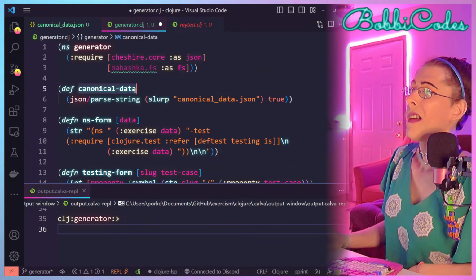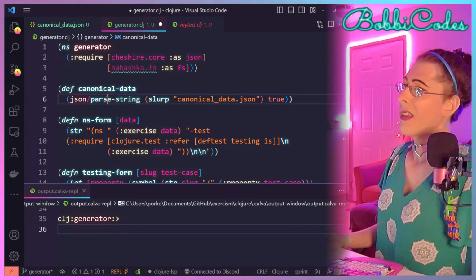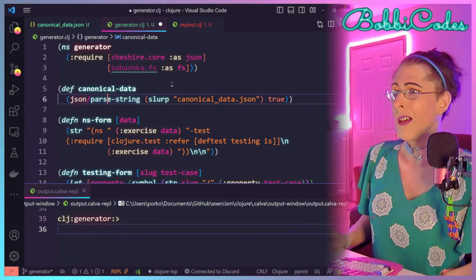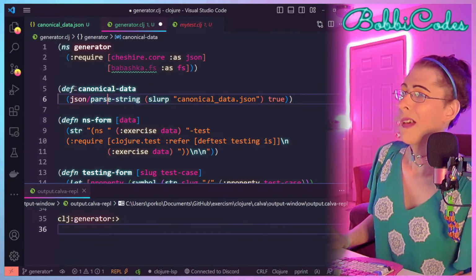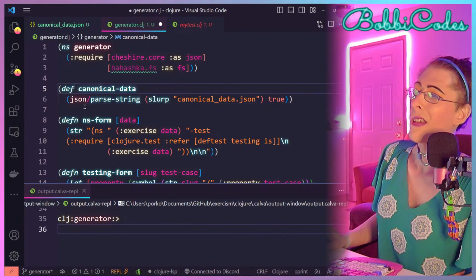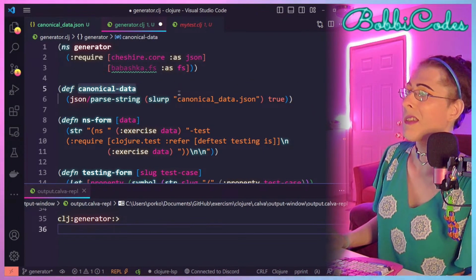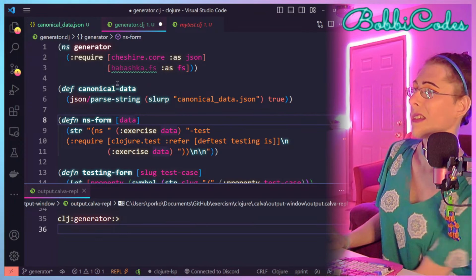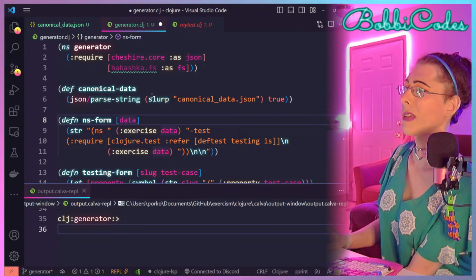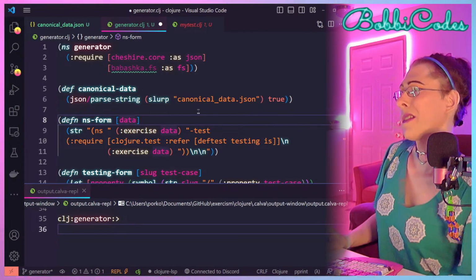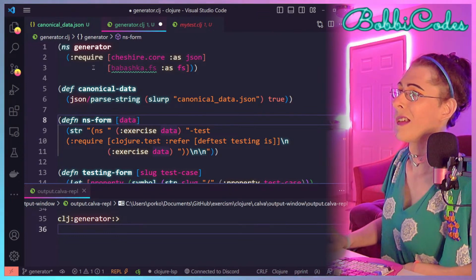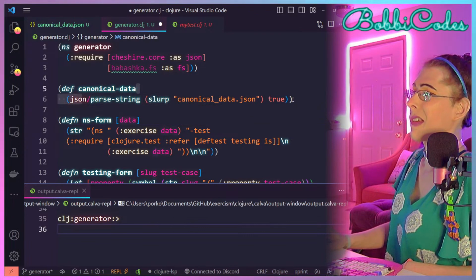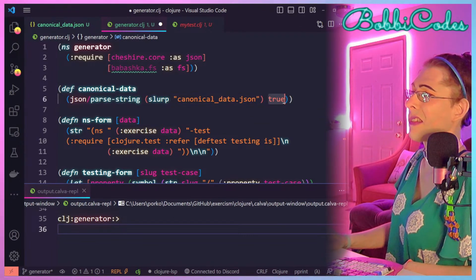So the canonical data, which will probably at some point be an argument passed in, either a script that we can run and pass the data to, or something like that. And we parse the string, and oh yeah, this is new.